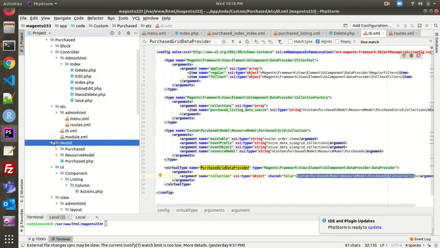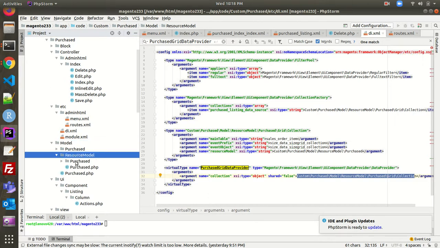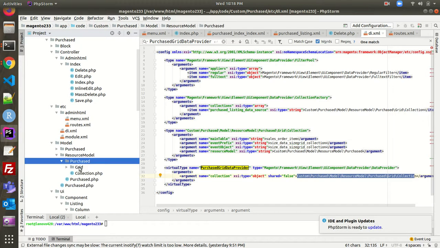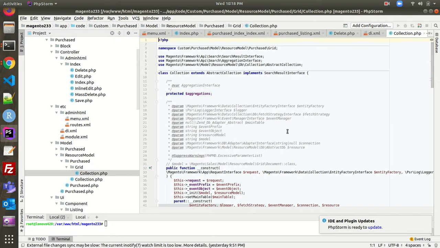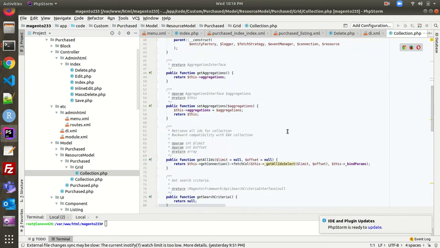Okay, now this is the model, and if I talk about the first one, that is the data provider collection factory, it is coming from the model, resource model, purchase, grid collection. So this is the total collection from where we are going to create it.